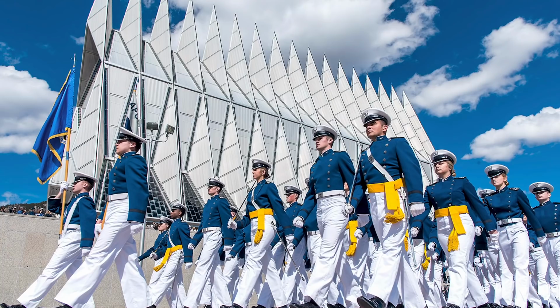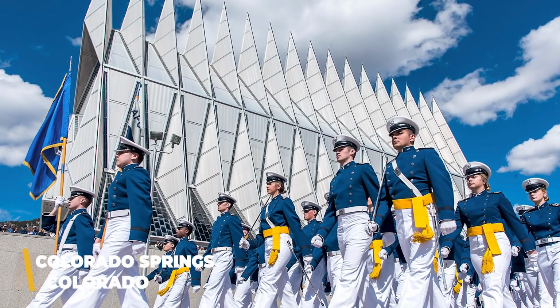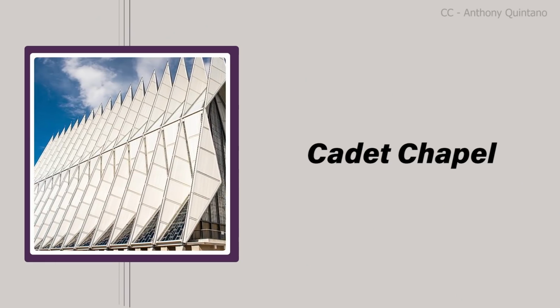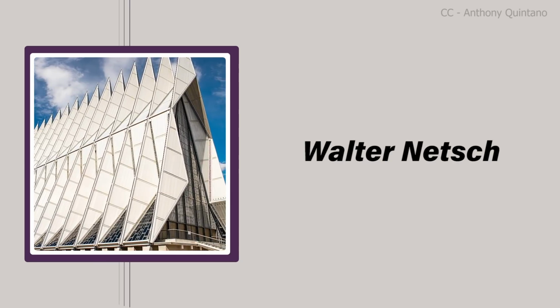Though it's most well known for turning out young pilots capable of taking the fight to the enemy in skies the world over, the United States Air Force Academy in Colorado Springs, Colorado, is home to one of the country's most impressive architectural marvels as well. Completed in 1962, the Cadet Chapel was designed by Chicago architect Walter Netsch,